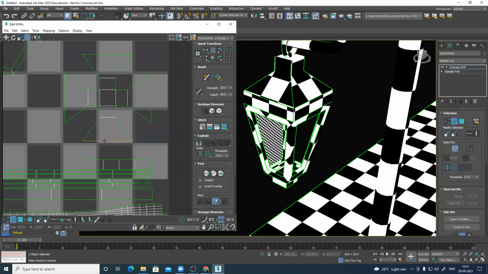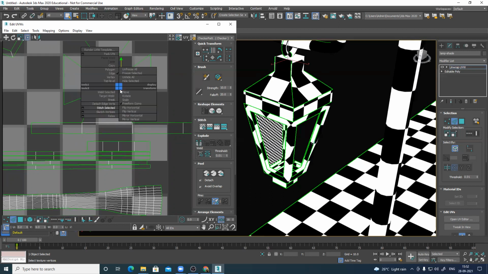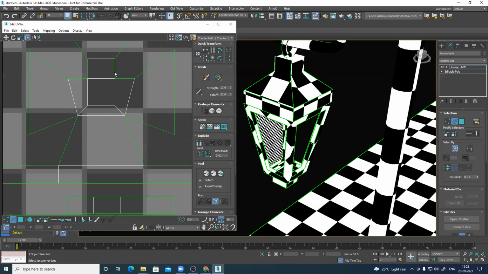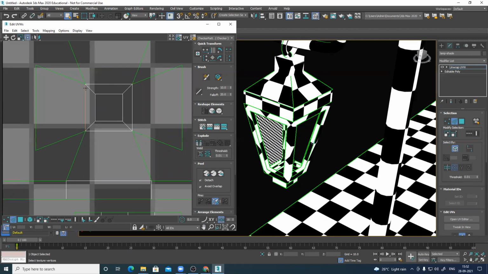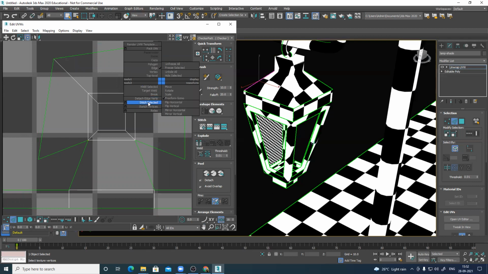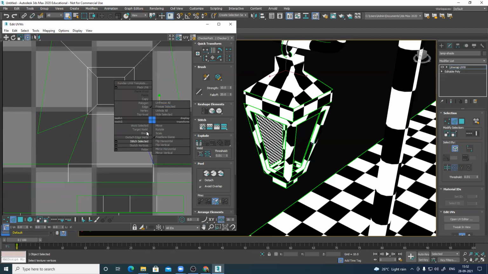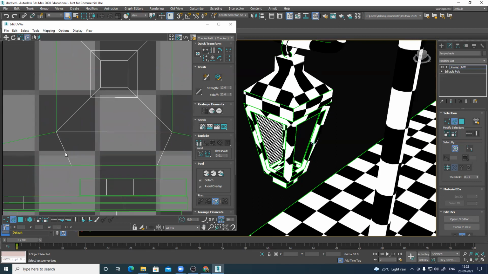And now, this is a tiny part, so this much slight stretch won't be visible. Okay, now this part I need to separate.